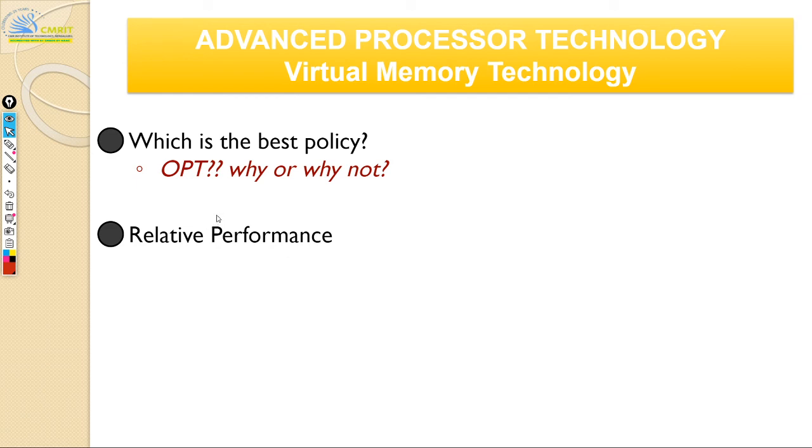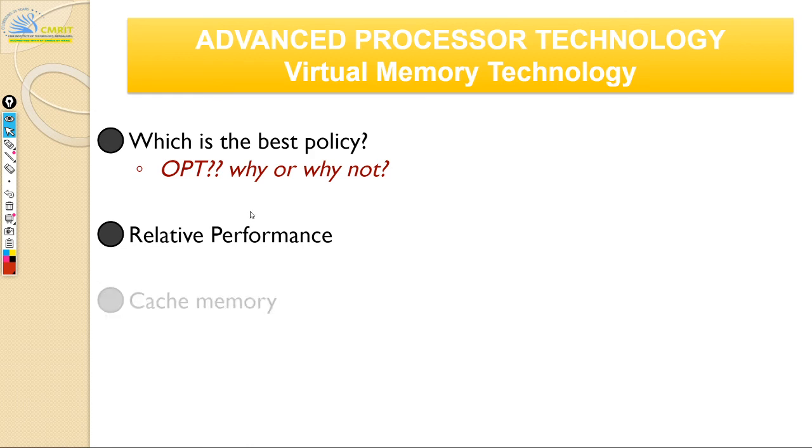We have just run one particular program and calculated this performance. The other drawback with OPT is that you need to look into the future. Although in most cases your programs are predictable, there are certain cases where you may not have the same page trace, and you may not be able to accurately look into the future. For example, in the previous instance, we calculated the forward distance of 0 to be infinite, but maybe 0 will be referenced again, we never know. So OPT may also not be practically feasible.